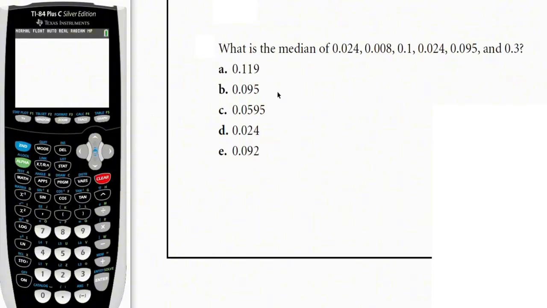Now to input this data, you are going to press this stat button. Under edit, press enter. Okay, so let's work with list 1. Let's input the data here for list 1. So let's begin. We have